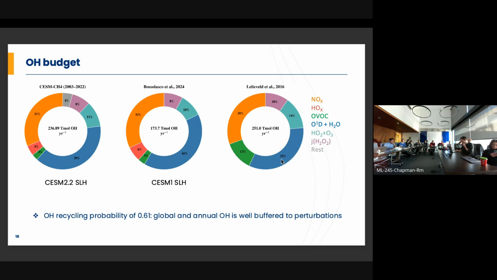Actually, this is low here, but which shows that the recycling probability would be 0.6, which means that global and annual OH actually don't change much compared to perturbation. The secondary recycling of OH is more important and tends to buffer compared to perturbation. We still need to understand why the values are lower in terms of the source of OH in this simulation,